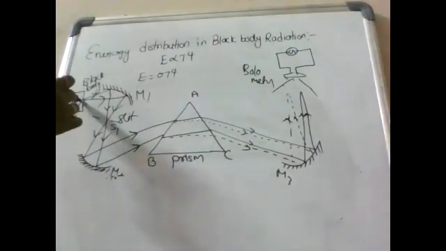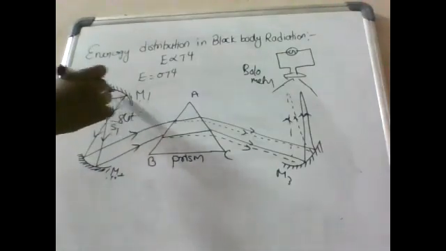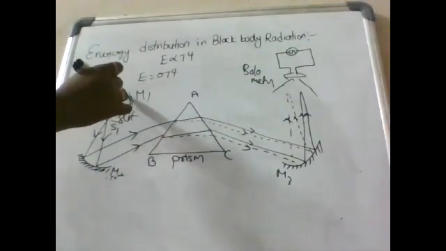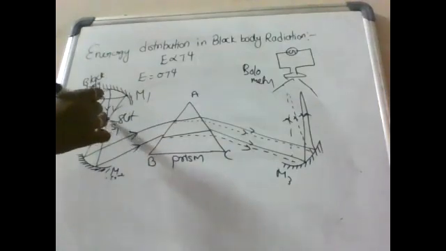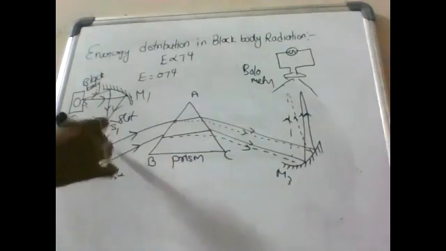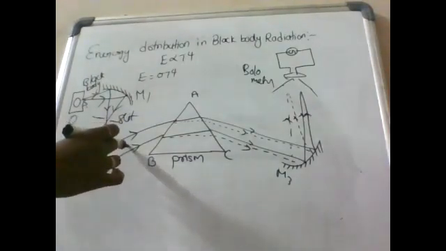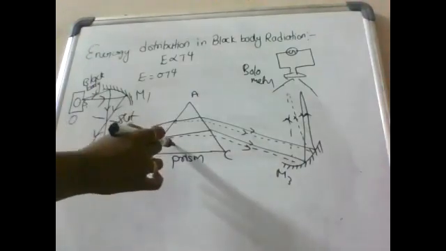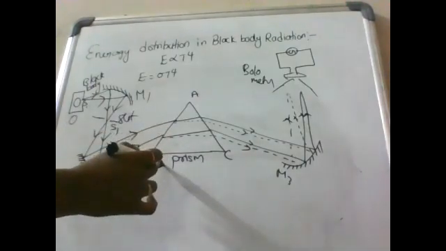When the black body is heated, the radiation will be incident on M1 mirror, travel through the slit and be incident on M2 mirror. After reflection from mirror M2 the rays become parallel. The parallel beam of radiation is allowed to be incident on a fluorspar prism ABC. Here a glass prism is not used because it absorbs certain heat radiations, so we have to use a fluorspar prism.